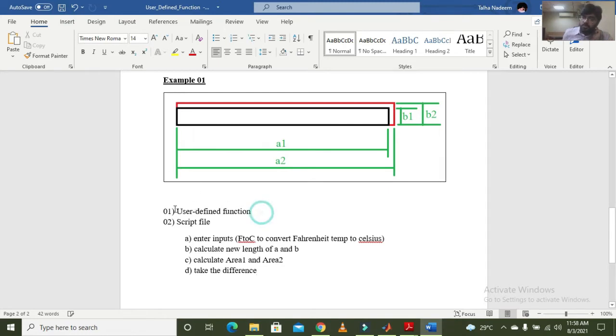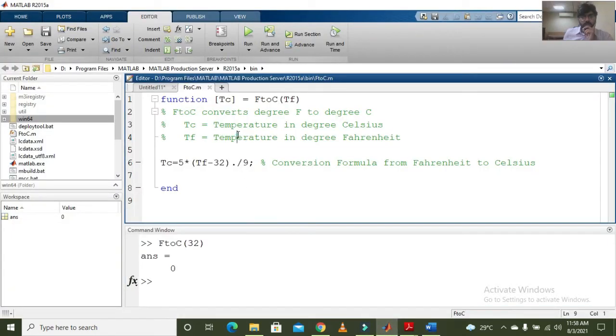So first, we are going to make a user defined function, which we have already made over here. If you see this relation, I have entered a period operator over here as well. The purpose of the period operator is, let's say someone enters an array for the Fahrenheit temperature.